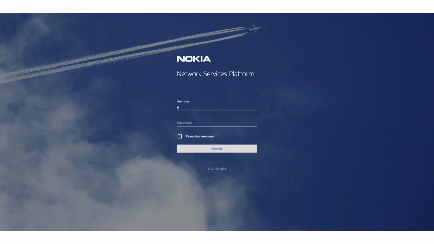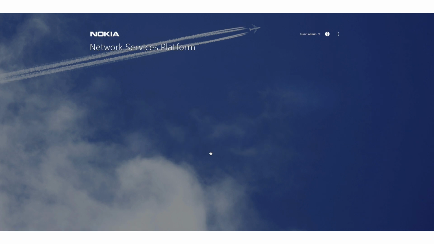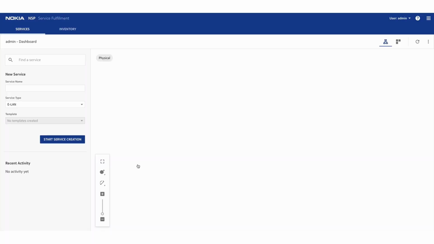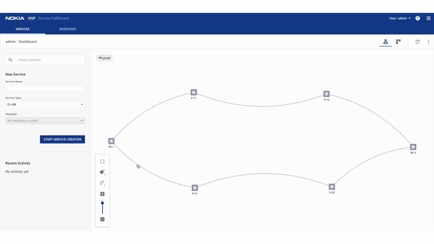The first thing I'm going to do, to show you the topology of the demo, is log into the Nokia NSP management platform. We're going to take a look at the topology in our service fulfillment application. The topology we're going to use is a 6-node topology with 2 PE routers, one on the left, one on the right, and there's a northbound path between the PE routers and a southbound path through the